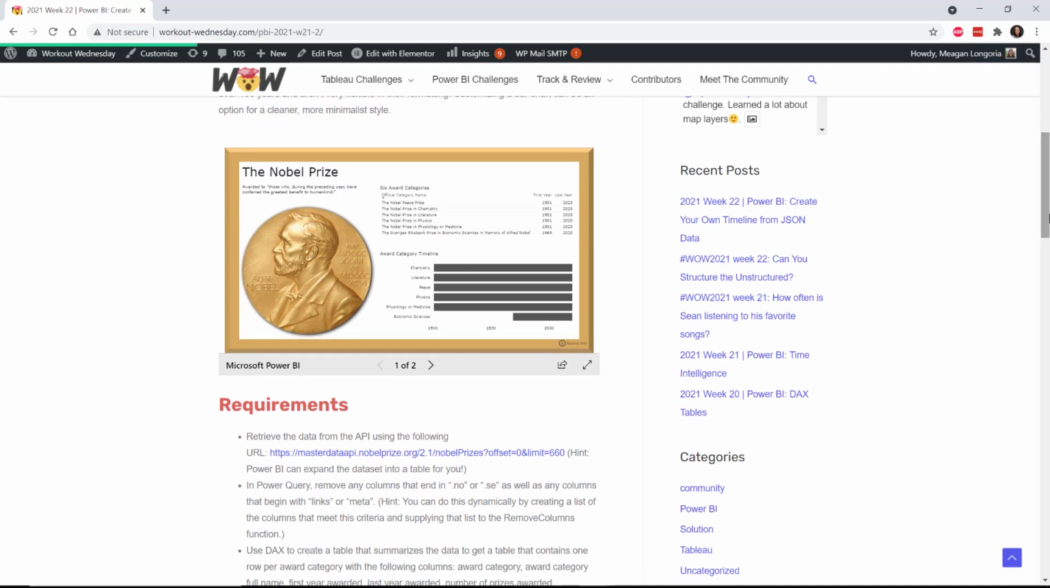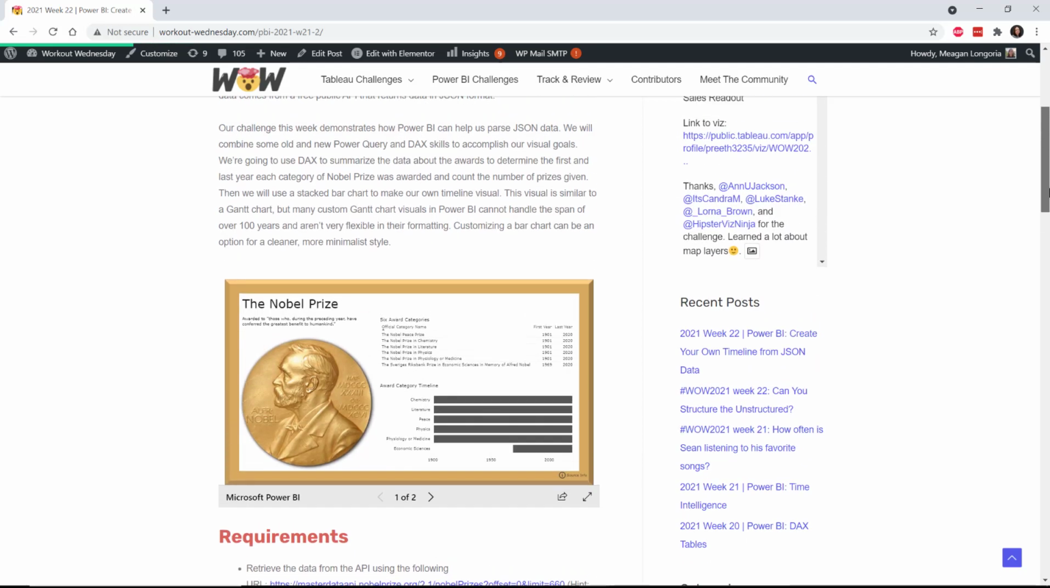This week we are using data about the Nobel Prize. So we'll do a few things with this. The first is the data comes from an API that returns data in JSON format, so we're going to expand that out. And then we're going to use DAX to create a calculated table to summarize the data to get the first year and the last year of each award, and then calculate the number of awards in between, where it's one